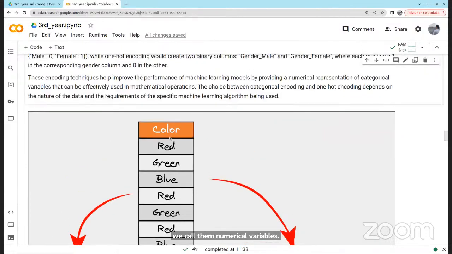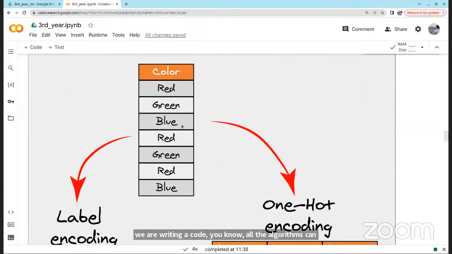So in machine learning, whenever we are writing a code, all the algorithms can only accept numbers. They can't deal with strings. For example, any machine learning algorithm, like linear regression or classification, SVMs, neural networks, all take your input as numbers only. Not all of them, but most of them.